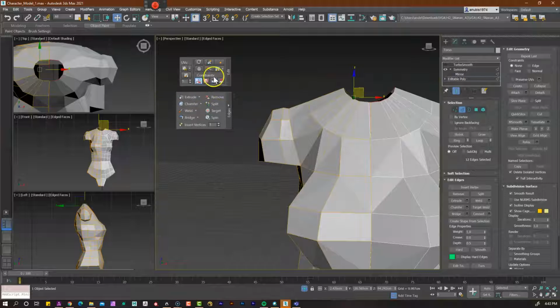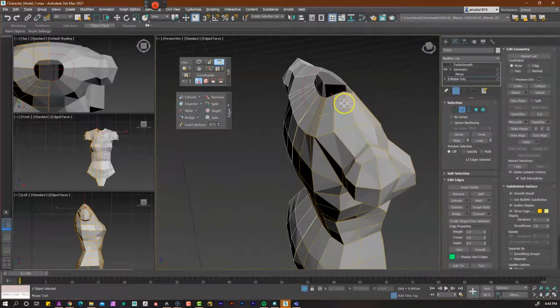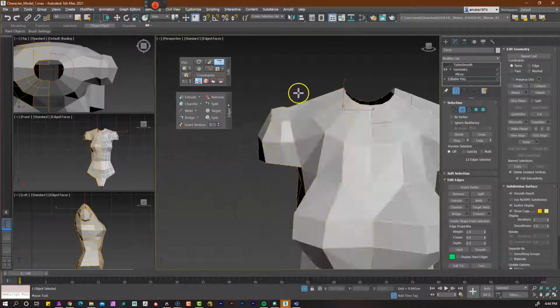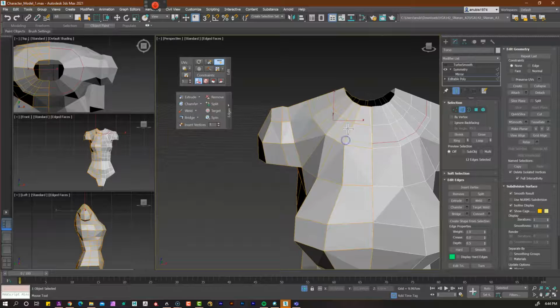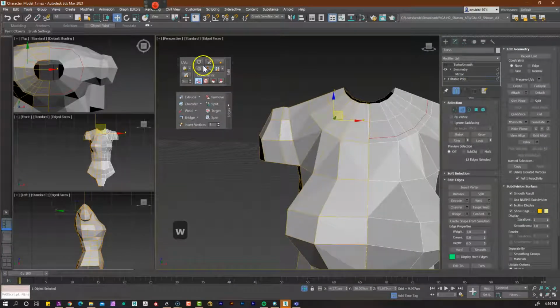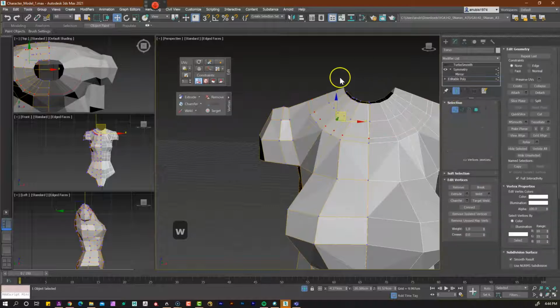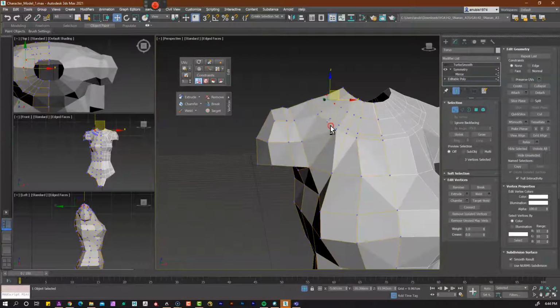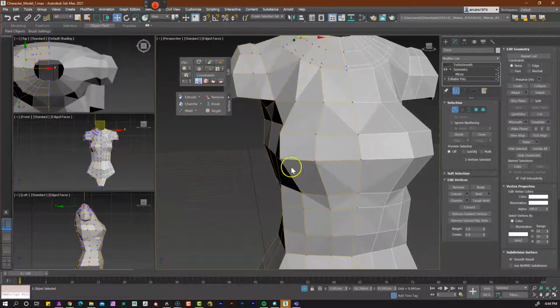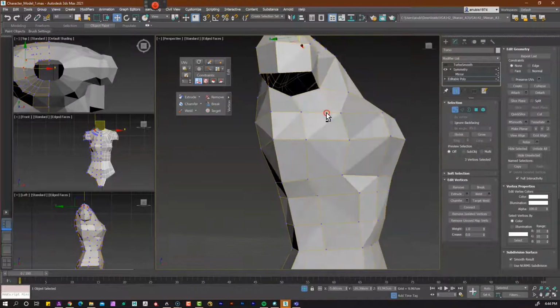And we can use a Swift loop right there, right? And now we have a section that will work as a neck. And the collarbone too, right? So this will be the collarbone, right? And then you'll be able to grab the vertices and set them in a way that you'll make the muscle details, right? So now let's figure out how to fix the breasts, because I think these don't look